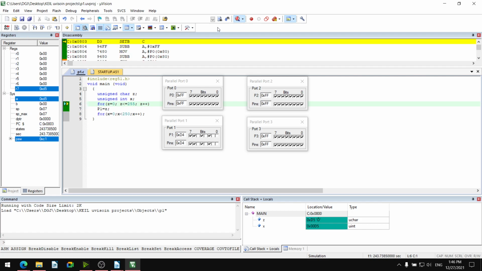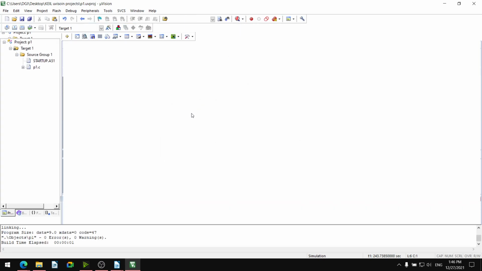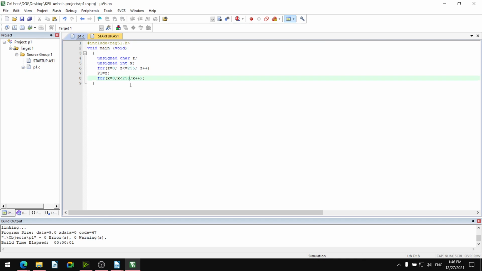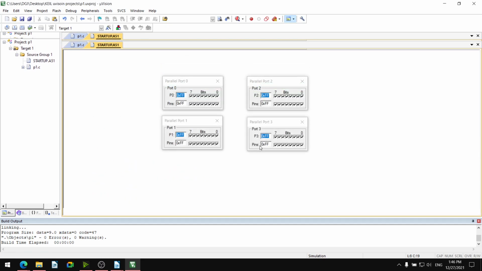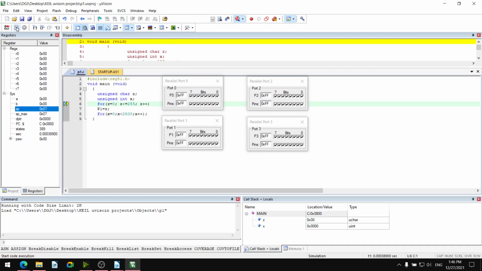I will increase the delay, will increase it to 2500, save it, okay. Build it, zero error, zero warning. Debug session is started and I will click the run. Now we can observe a little bit slower, still it is quite fast to observe.